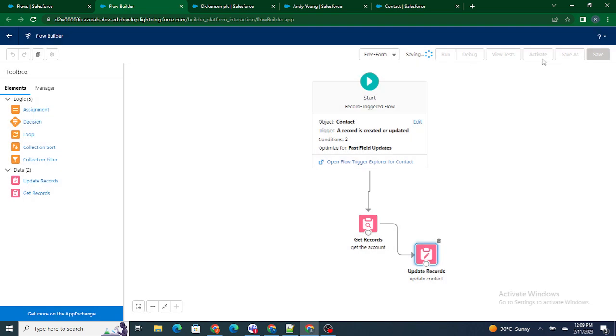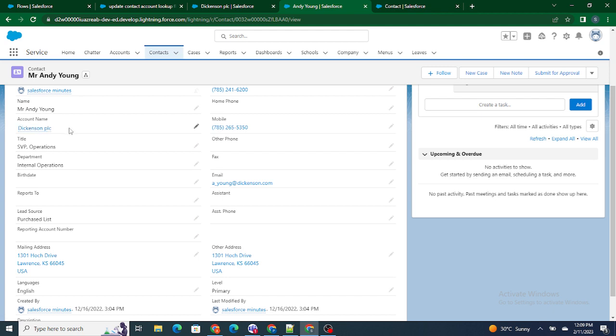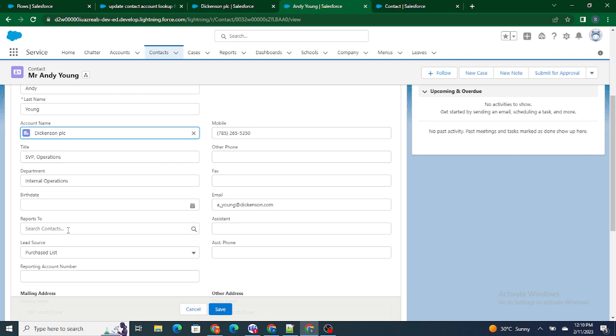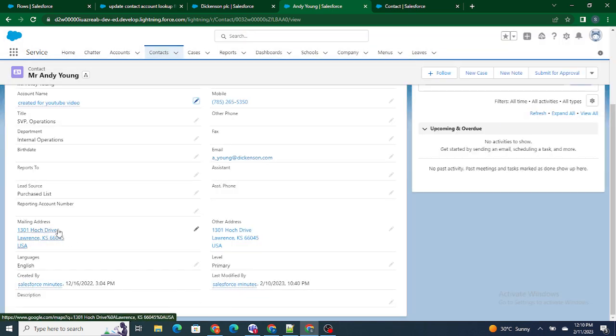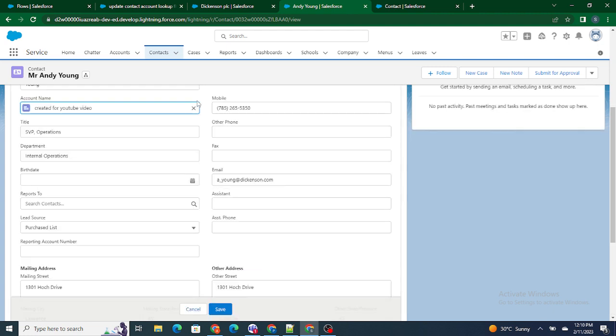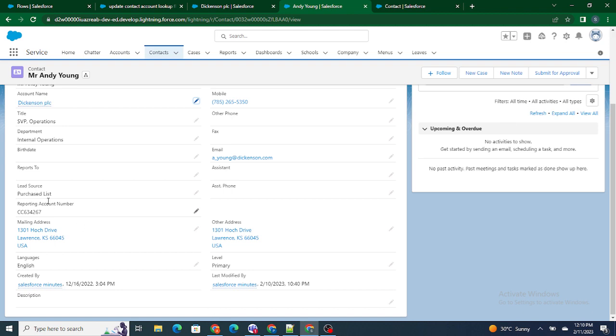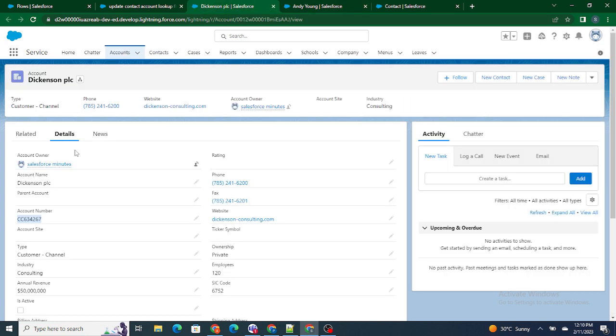I'm just going to save it and activate it. So right now, if I see there is a Dickinson PLC, if I change it to some other thing, as you can see, reporting account number is empty. So if I change it to some other account and save it, I don't think there is a reporting account number. But if I change back to Dickinson PLC, I think the account number should get populated. As you can see, reporting account number automatically got populated as soon as I changed it to Dickinson PLC,